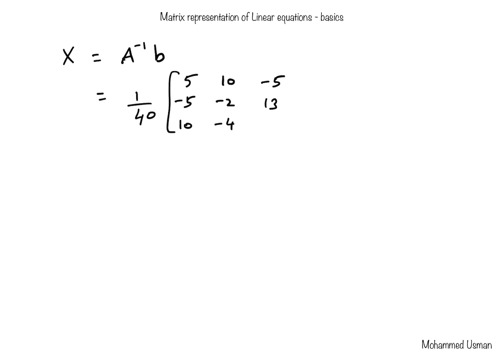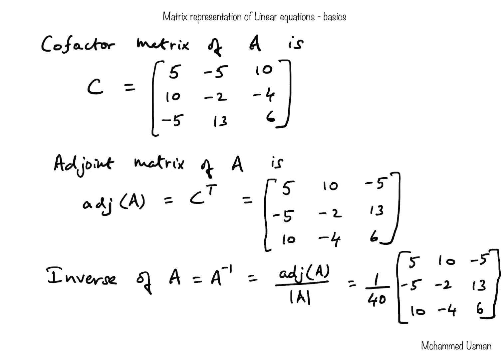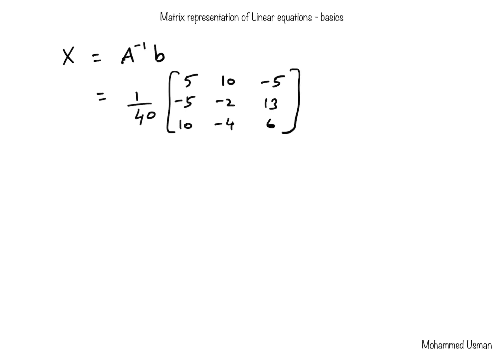Now we can use this inverse matrix to find our solution for the vector x. So our solution is x equals A inverse B. So A inverse, we got it as 1 by 40 into 5, 10, minus 5, minus 5, minus 2, 13, 10, minus 4, 6. So that's our inverse matrix. Let me just check if I've written the correct numbers. Okay, so we have our inverse matrix there,